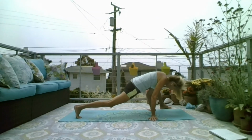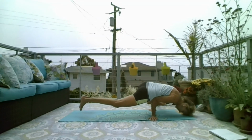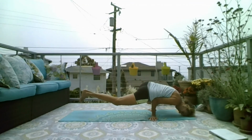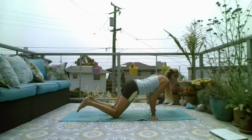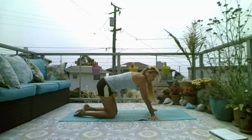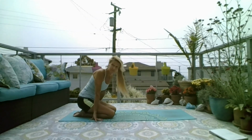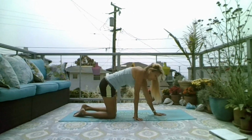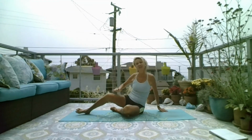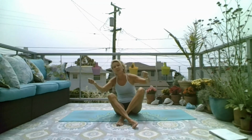Push back on the back foot, walk the front one out, and then right elbow finds the hip bone, and you come down. And let's release. Push back, seated position. And there we have it. So as always, you want to stretch out your wrists. When you're done,